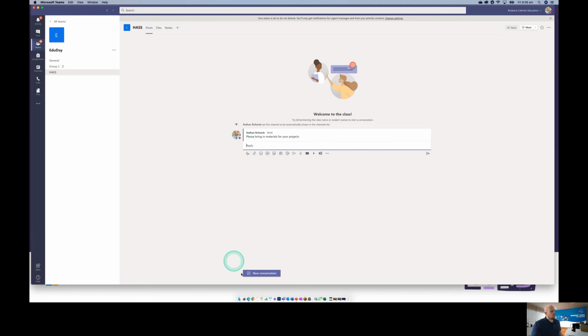But what they can't do is click this down the bottom, this new conversation tab. It's actually grayed out for them. So they can't just start new conversations, so things get lost. But they are by all means welcome to come in and reply to something that I have said. And what that will do for you is allow you to collapse all of that work and that conversation into that one question that you originally posed.